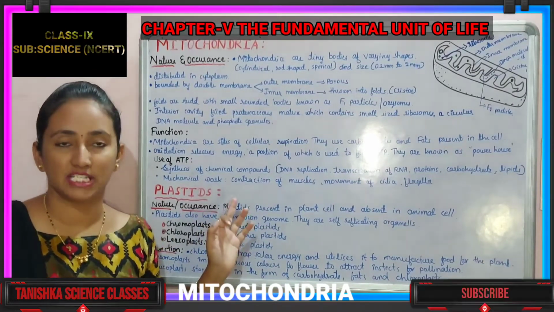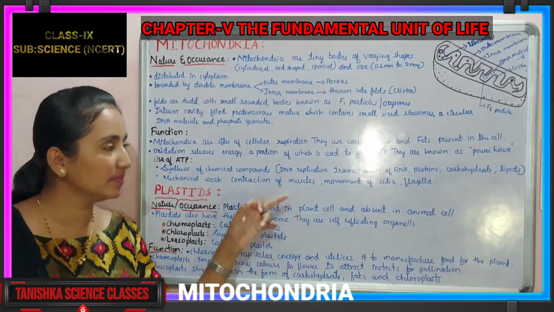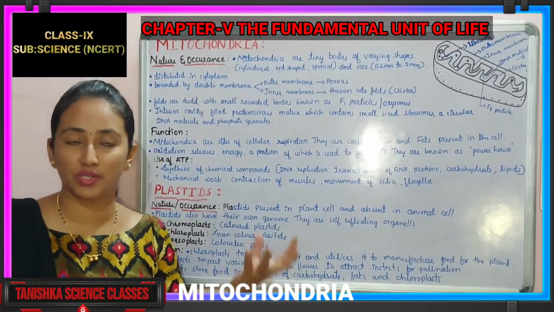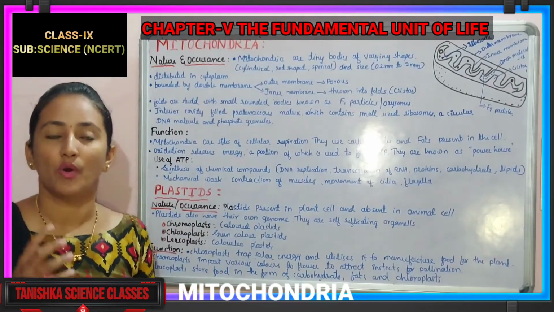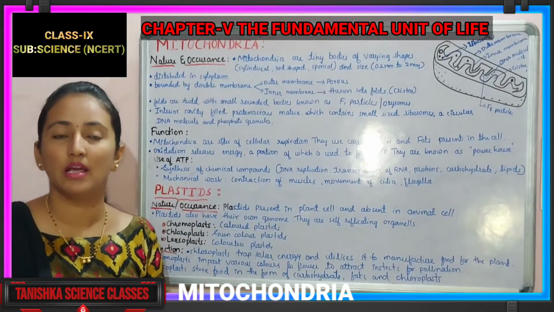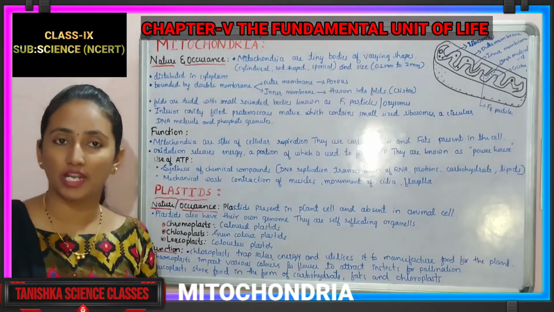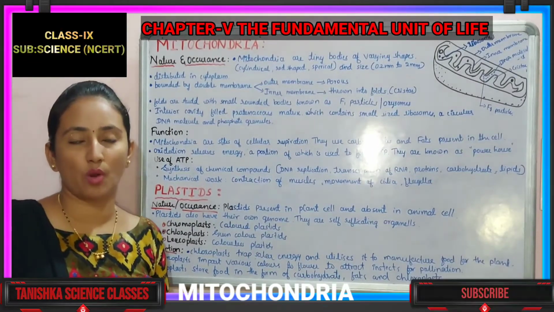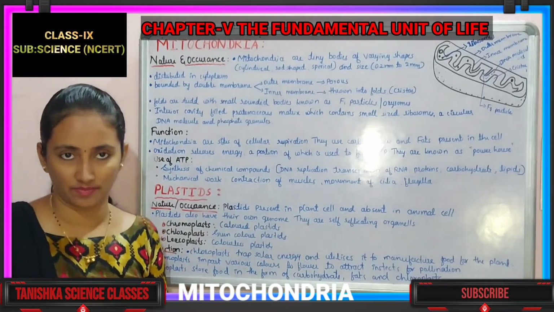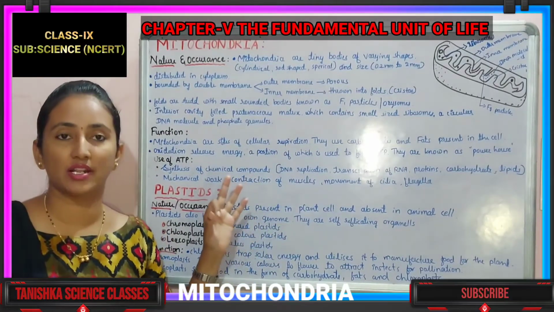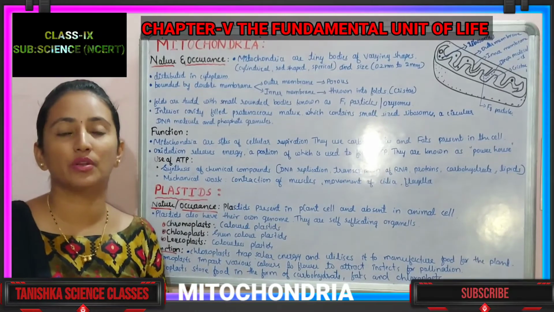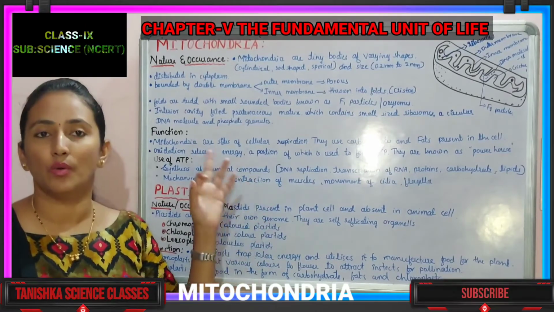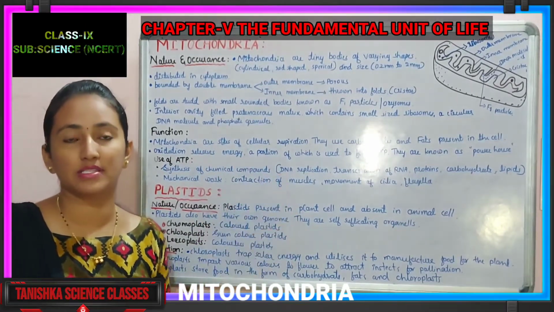So the main function of the mitochondria is cellular respiration. During cellular respiration, the oxidation process takes place, meaning oxygen is used. With the help of oxygen, whatever food we intake will be burned, and during the burning, energy will be released, and carbon dioxide and water will be removed as waste products. That energy will be utilized by our body, and the excess energy will be stored in the form of ATP in the mitochondria.